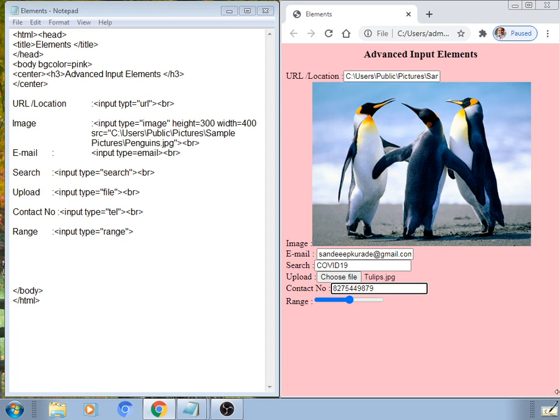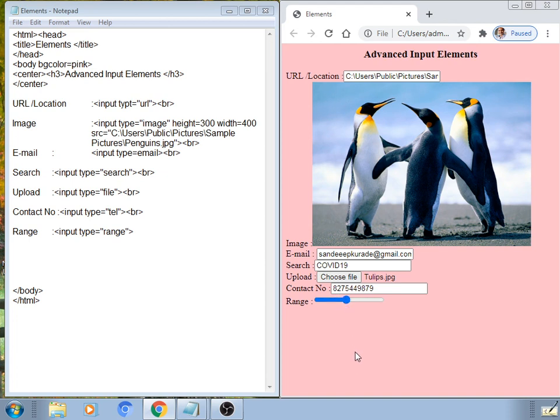Last one, an element called range. We have given here range, input type equal to range. By default it has a value of 0 as a minimum, 100 as maximum. It rests at 50%, might be a 50 value, you can increase, you can decrease by scrolling this dot, but it's a range bar which displays a range of your processing, range of your information.